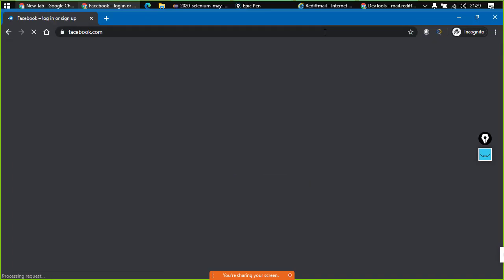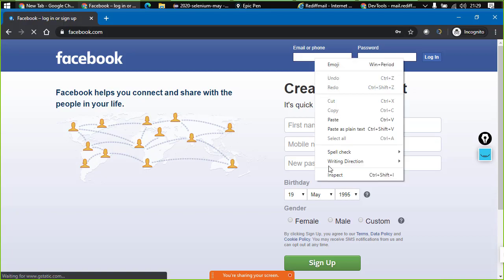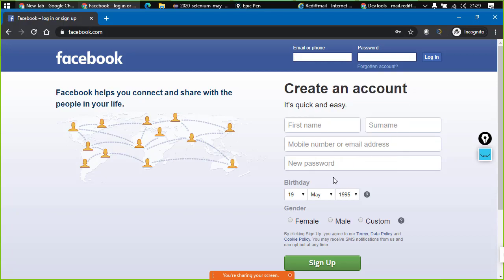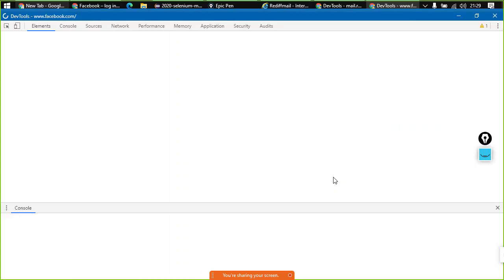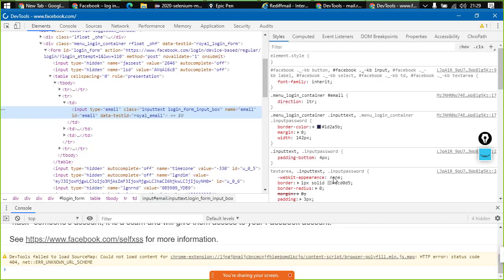Now here on facebook.com, how would we be able to log in? Right click here, go to inspect. The element would be highlighted automatically. You just need to be patient for a while. It takes a little bit of time, and as you can see, here the ID is email.